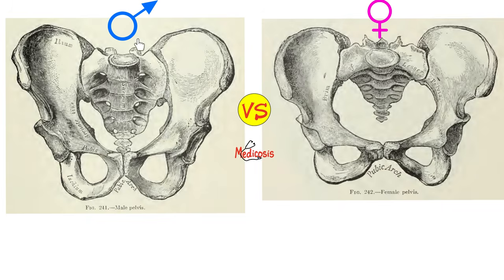Next, if we add L5 right here, the fifth lumbar vertebra, we will find that the articulation surface between L5 and S1 represents about half of this entire surface right here, but in females it's about 1/3. In other words, this area in the female is wider than that in the male, and that was a difference in the lumbosacral joint. Next difference is in the sacroiliac joint. The sacroiliac articulation surface in the male took 2.5 pieces of the sacrum, but in females it only took 2